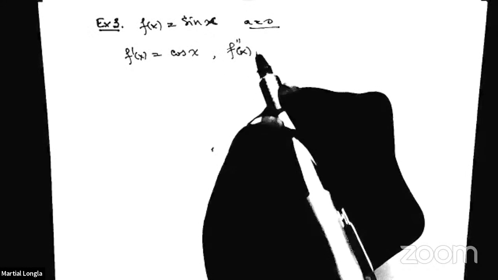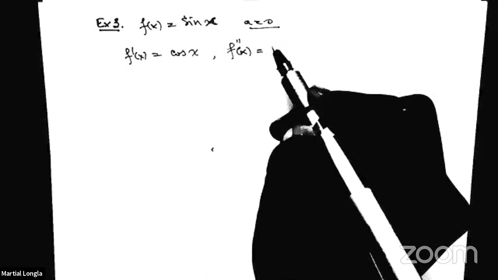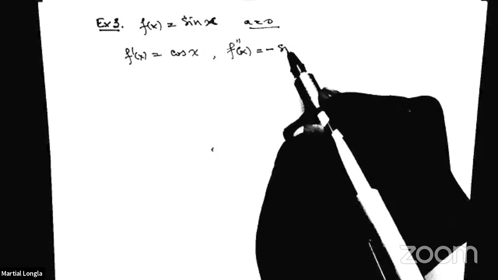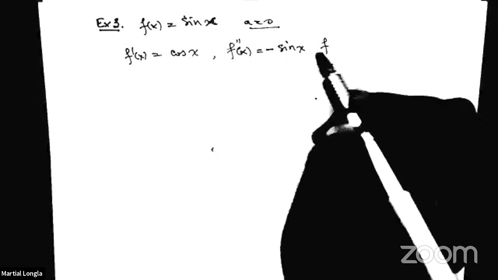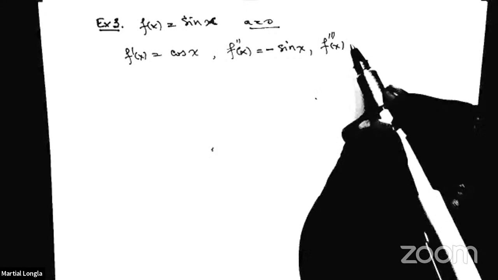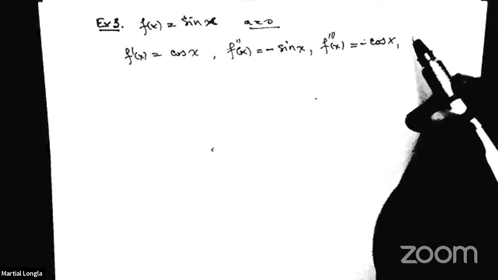Cosine x. Second derivative, negative sine x. Good. Third derivative, negative cosine x. Fourth derivative,